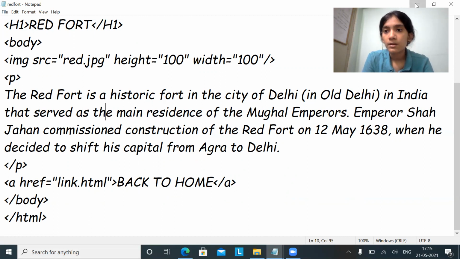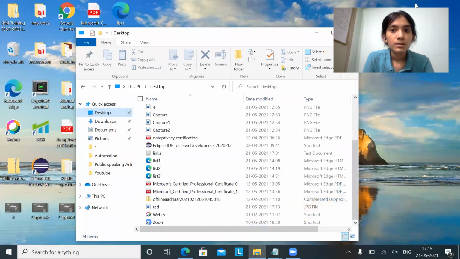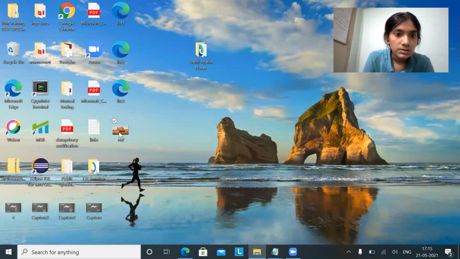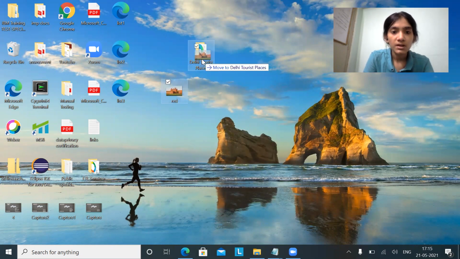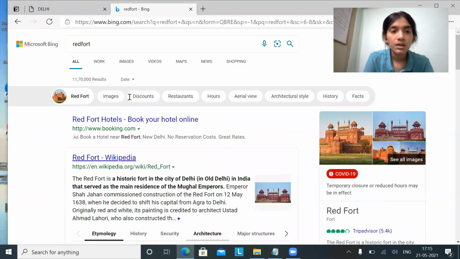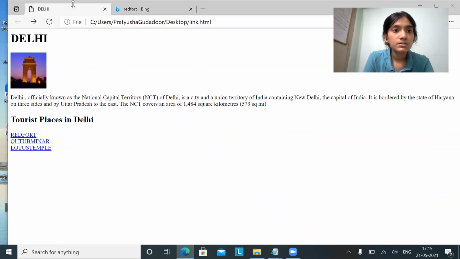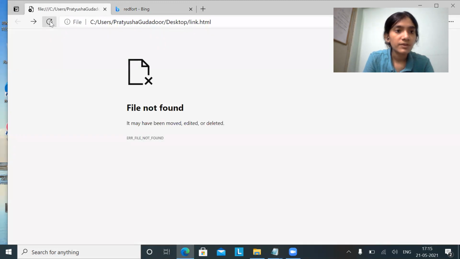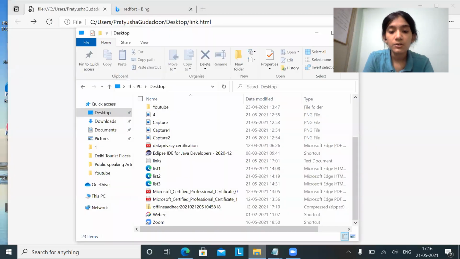Save it. And just see to it that everything is in one folder. Otherwise, your image will not be able to display on the screen. Okay. Now let's refresh. Okay, because the location changed, right? So again, we need to execute from the file. So where is our file?